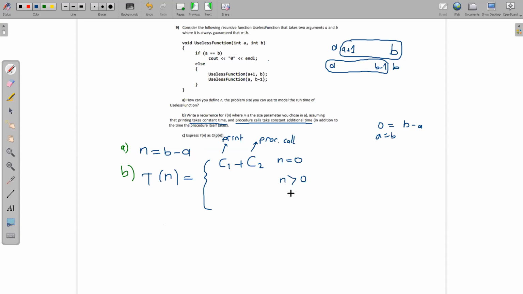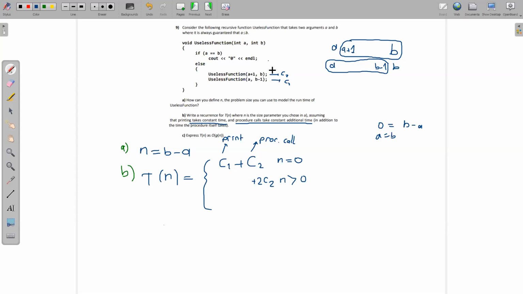The n higher than 0 part. The first one, it will take constant time as C1. No, sorry, there is not a C1 because it will just call it at once. Okay. First, it will take 2 C2 because I am calling procedures. C2 and C2 from the calling one, plus,